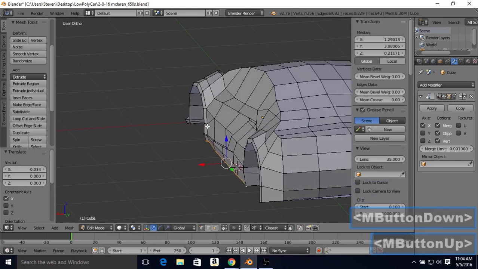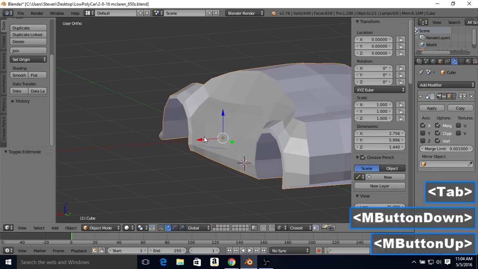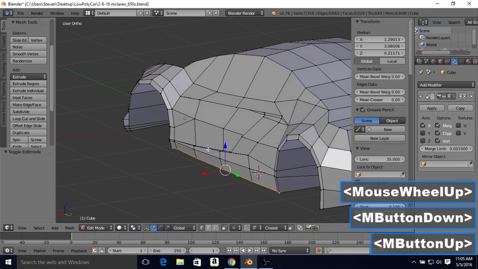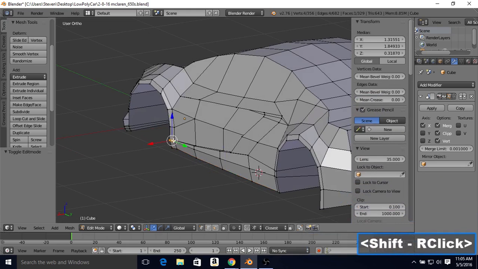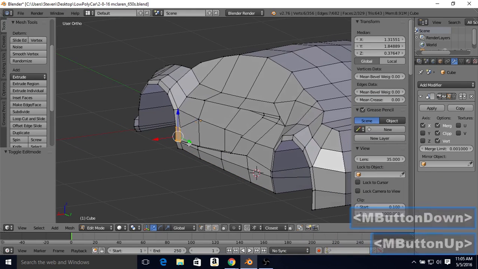And that should be okay. But now that we did that, we get sort of this weird curve here that I don't really like. And to fix that, what we're going to do is just select all of these. I selected these 6 vertices,